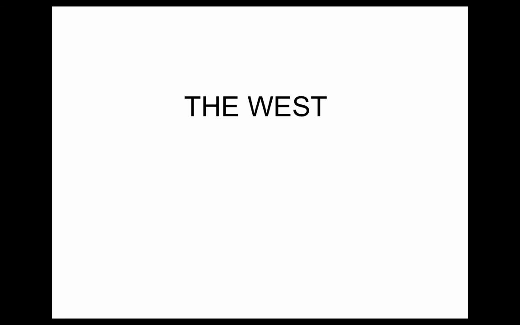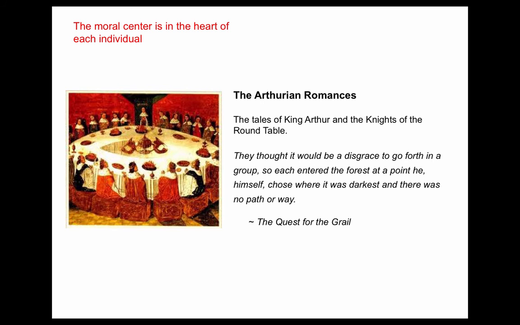So let's start with the West. I presented the idea that a culture begins by laying down its epic poems and its temple form. For the West, the temple form would be the Gothic cathedral. And I'm taking the West as beginning around 1000 to 1100 AD, and separate from ancient Greece and Rome.